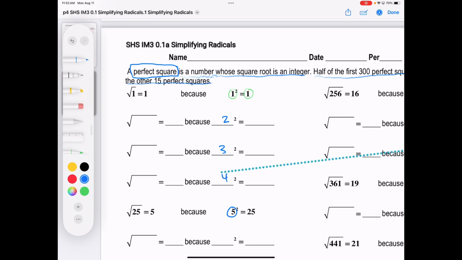If I already know that the answer is going to be that number, 2, 3, 4, the question is, what goes inside the radical sign, that house? Well,